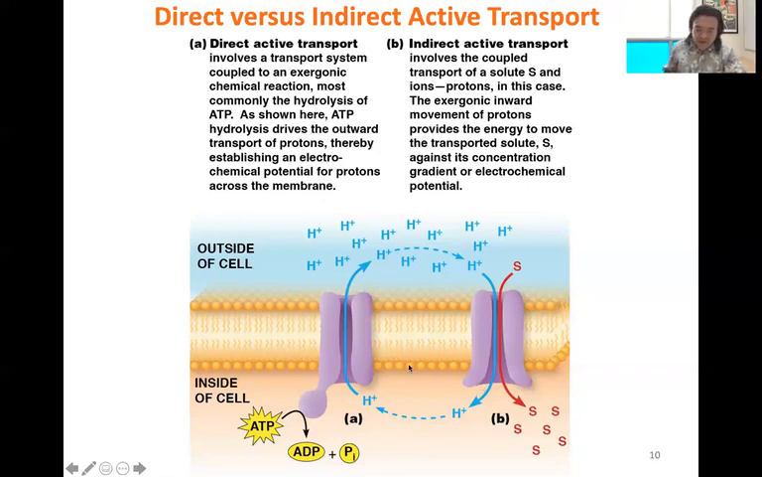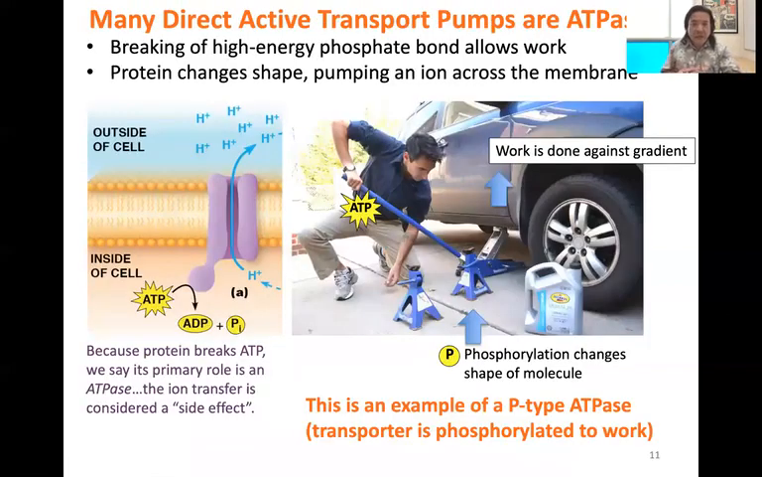Right? It relies upon some other protein to break the ATP. So many direct active transporter pumps are what we call ATPases, right? So they break ATP, so they are an ATPase. So just like this illustration here, right? This was our one from the last slide. ATP is broken to provide energy that may or may not be the liberated phosphate group being added onto the